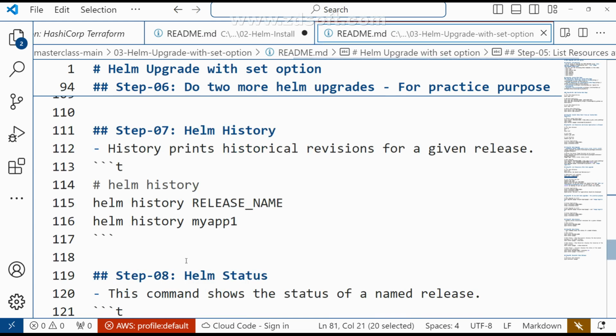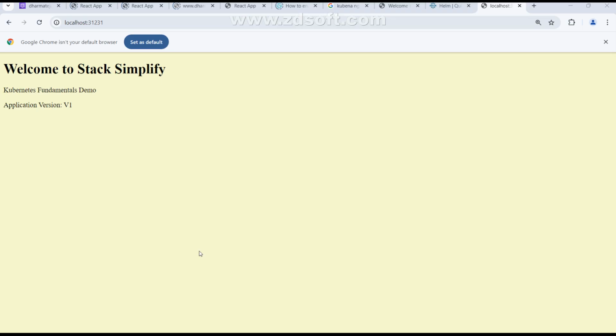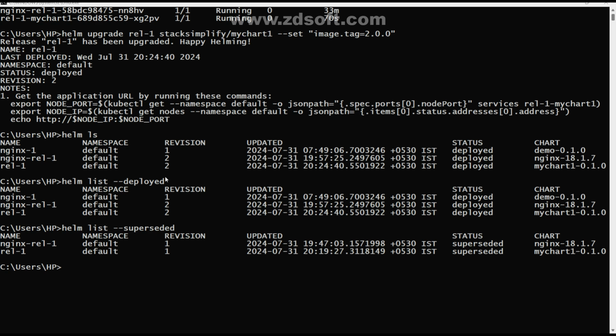Helm history. This is the special thing. I want to see all the images, all the release names. Now try to understand. I'm going to use Helm history. What is the release name? Release-one. Those two releases,